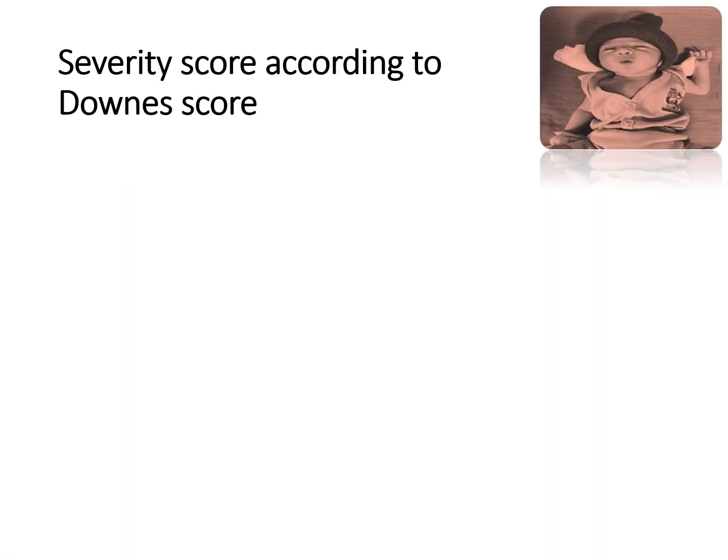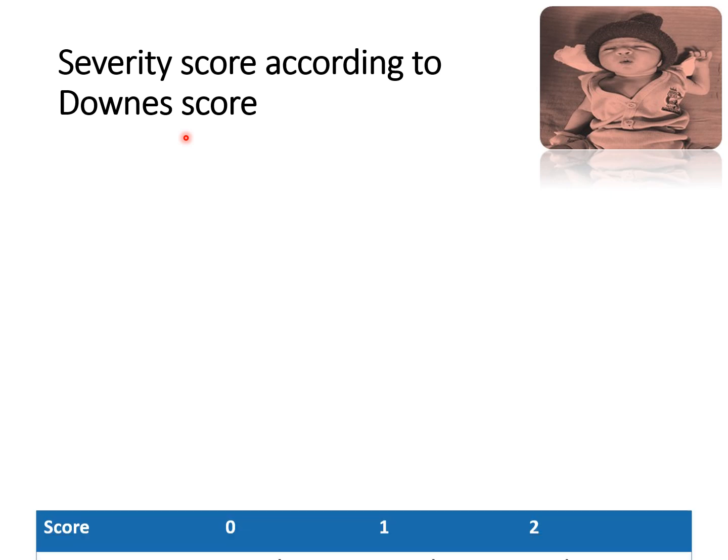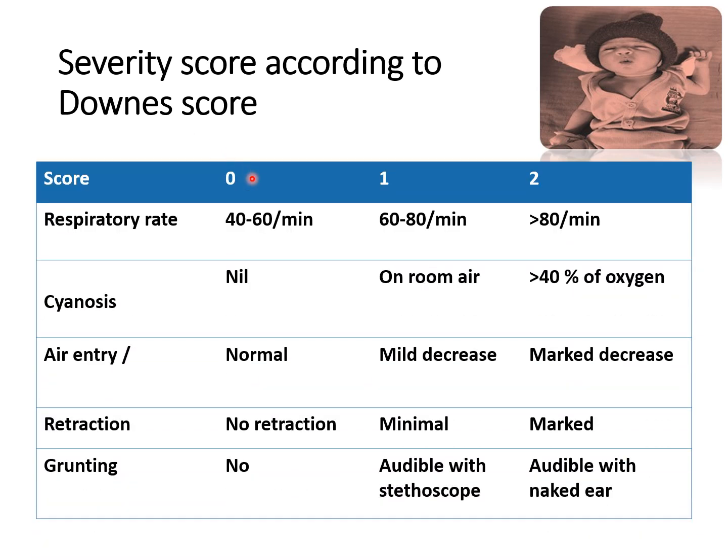Now the severity according to Downes' score. For the full term baby, we have to give a score between 0 to 2. For respiratory rate, if it is normal, between 40 to 60, 0. Between 60 to 80, 1 score. More than 80, severe, 2 score. When the patient is having no cyanosis, then 0. If the patient is having central cyanosis even on room air, we label it as 1. If more than 40% oxygen is already given and the patient still has central cyanosis, then 2